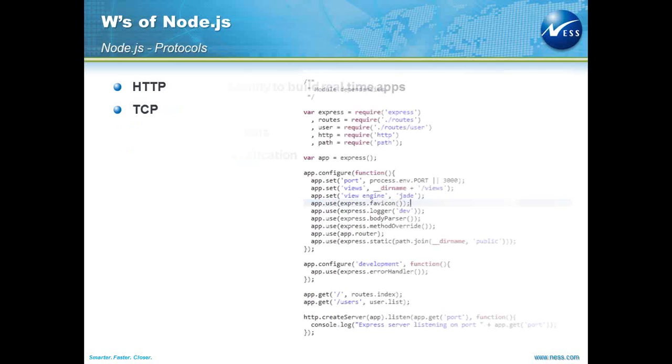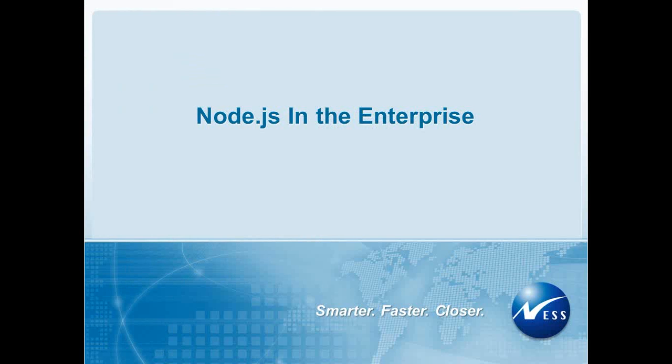The protocols supported by Node.js are HTTP and TCP. The example on the right side is an HTTP server created. In the Hello World example, we saw a plain vanilla server created. In this particular example, we see the server launched with Express, a web framework, a middleware, which we'll talk about more in the coming slides. All it takes to create a server using Express.js is the line that you see here: http.createServer(app).listen(app.get('port')), and you're set. So let's see what are the different facets that help